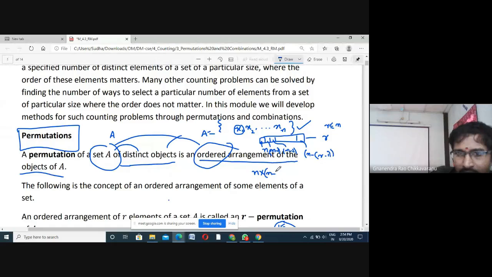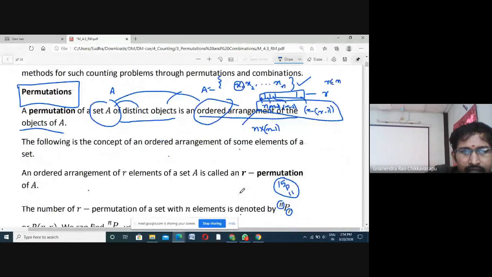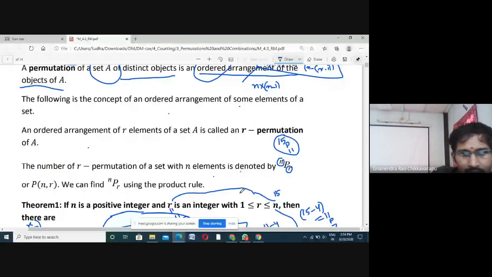So using the product principle, such strings can be formed, and they are n into n minus 1 into n minus 2 into so on, n minus of r minus 1 in number. That number is denoted by nPr or P of n comma r.